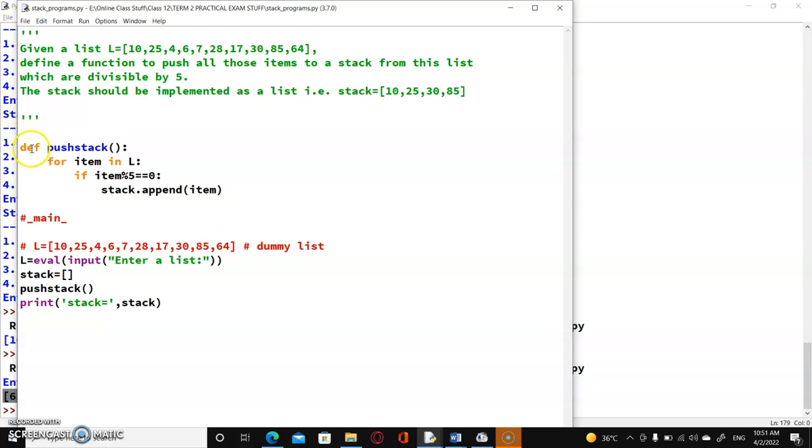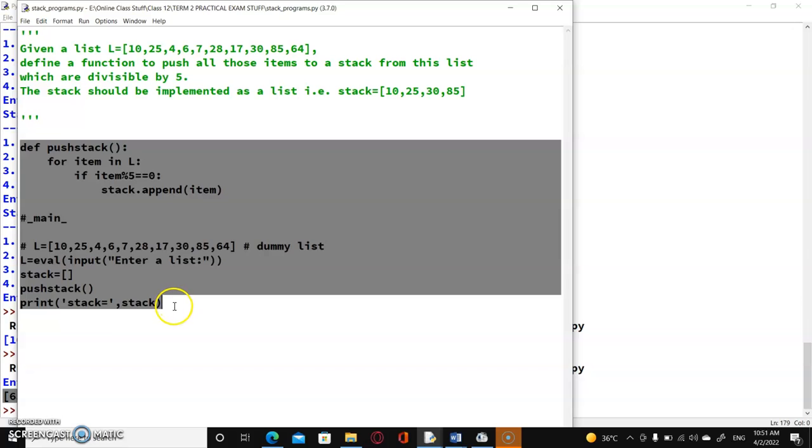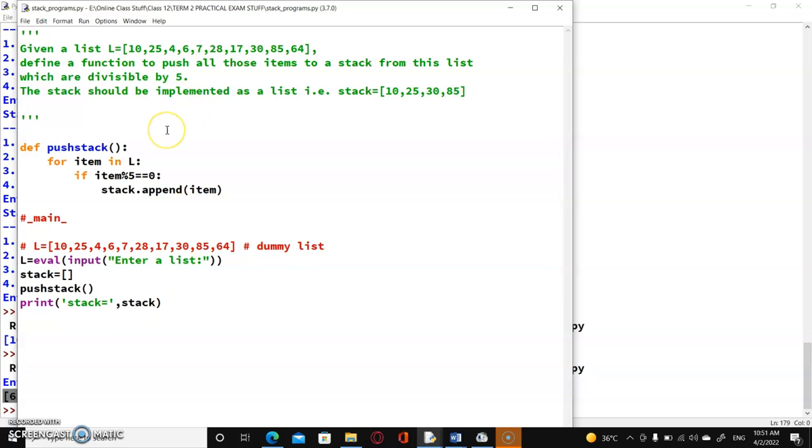So very simple program which you can do it very easily. Okay, you'll be given a sequence out of which you have to choose some elements which fulfill a certain criteria and send them to a